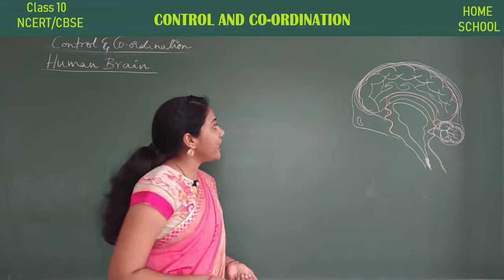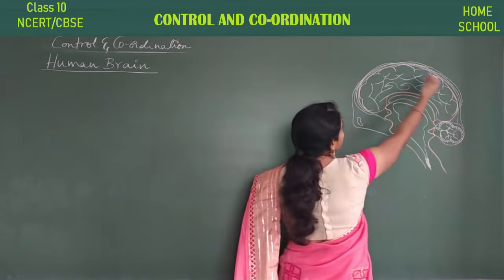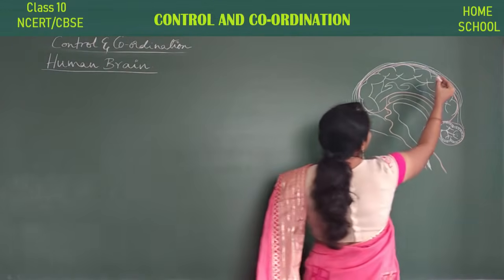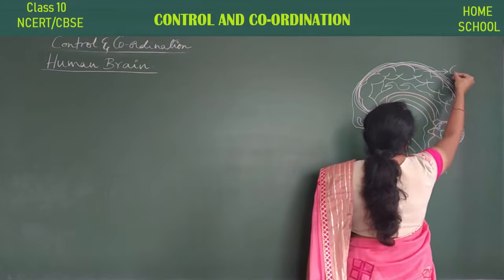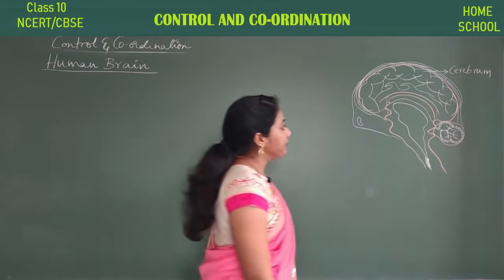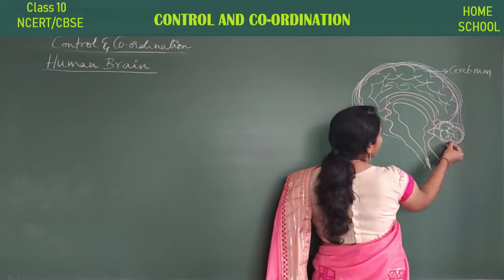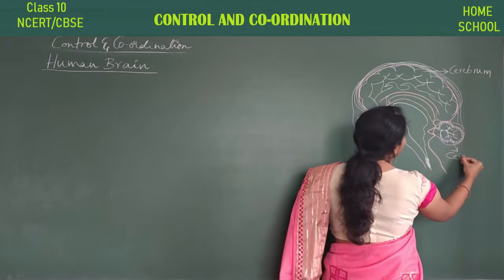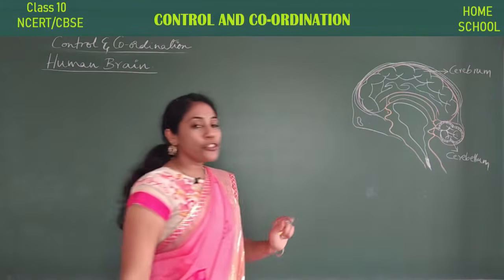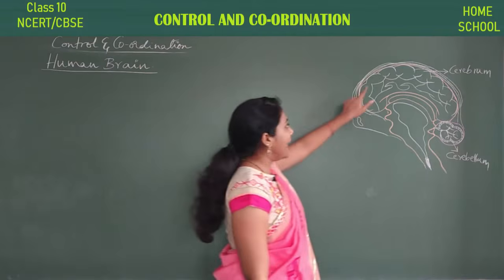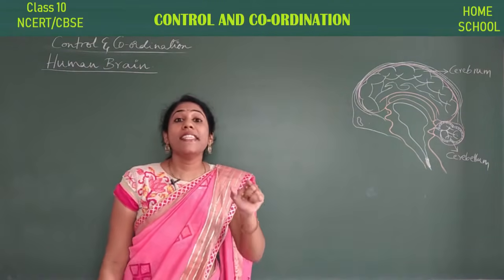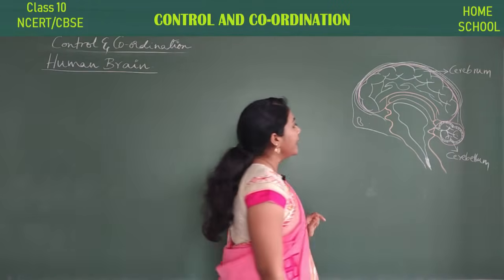Okay, and now try to label the parts, and you see this part which is having curvy shaped things, you know, this is a major part of a brain which we call cerebrum. This is cerebrum. Okay, and this tree shaped structure is there, no, this is called cerebellum. Many of the children will get confused here. You should label the parts perfectly, and this part is cerebrum and this tree shaped structure is cerebellum.